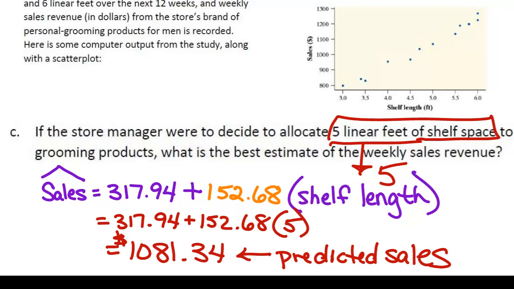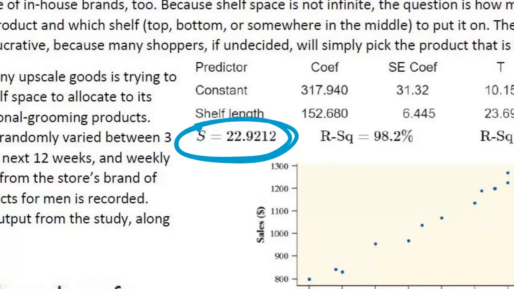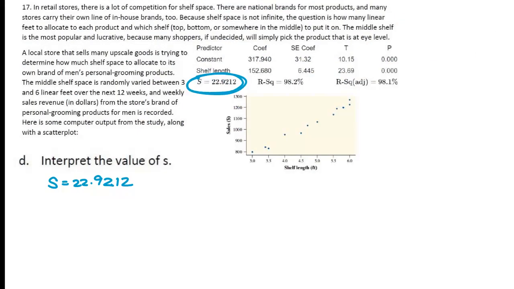Right, how many parts do we have to this? Of course, it's E parts. Let's see how far I can get. D, interpret the value of S. So S, they give us right here. S is equal to 22.9212. And interpreting S,